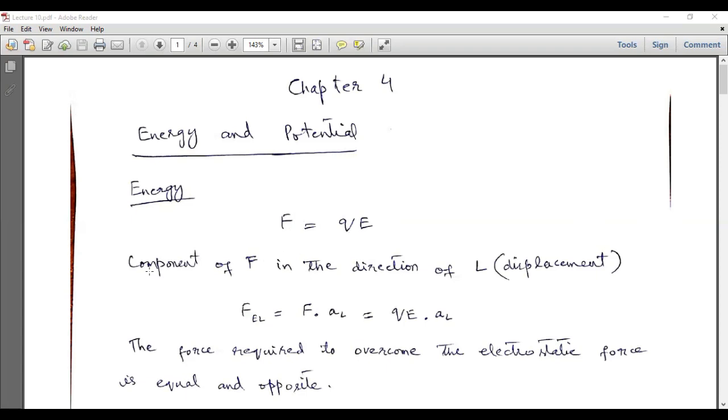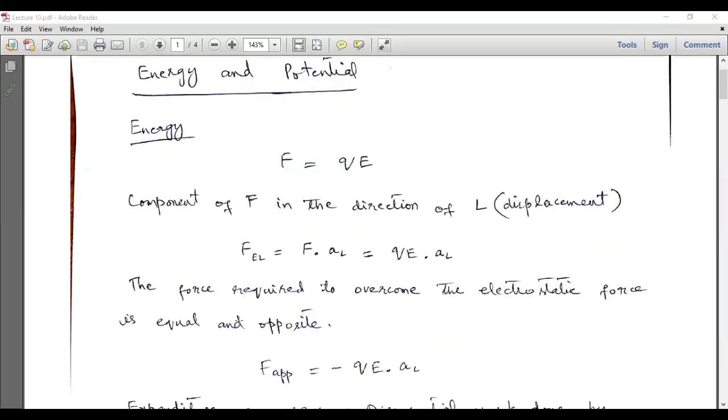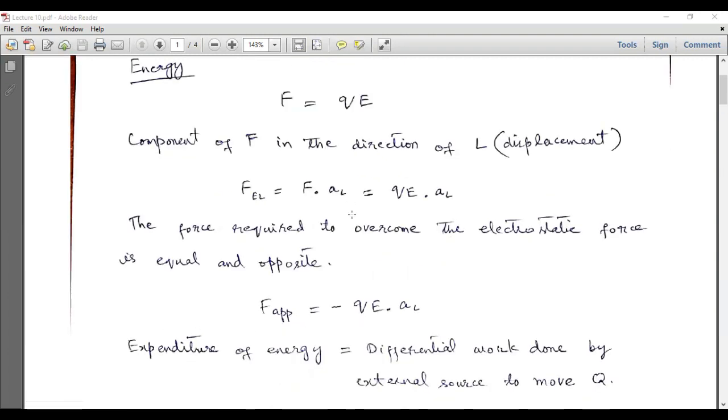And in calculating the energy or work, we have to evaluate the component of force in the direction of the displacement. So F will be equal to F dot aL, and F is equal to QE, so this will be equal to QE dot aL, and this is the component of electrostatic force in the direction of the displacement, and the force required to overcome the electrostatic force is equal and opposite. So applied force will be equal to minus QE dot aL, and expenditure of energy is equal to differential work